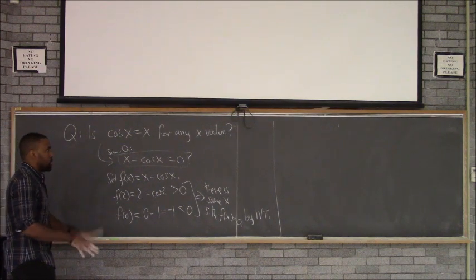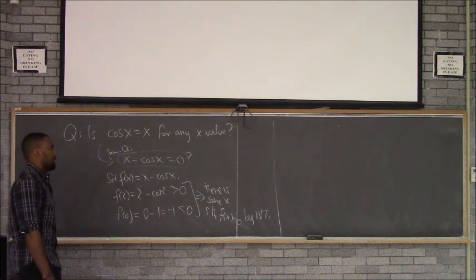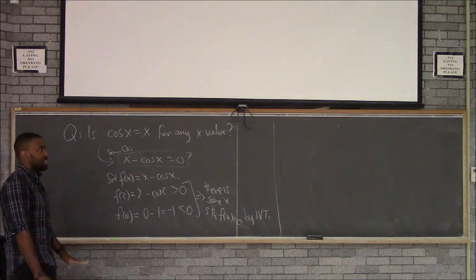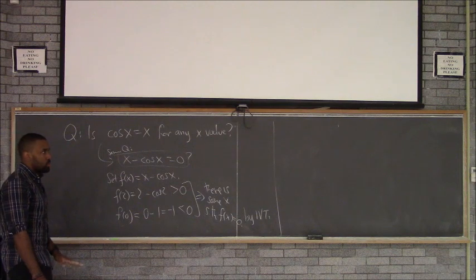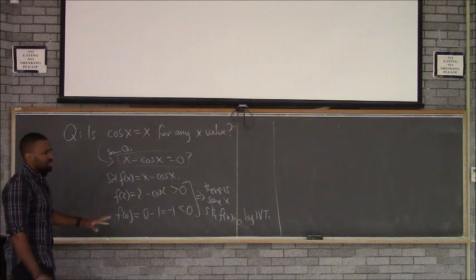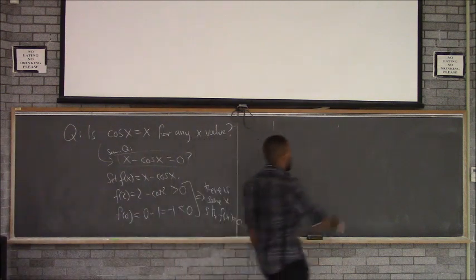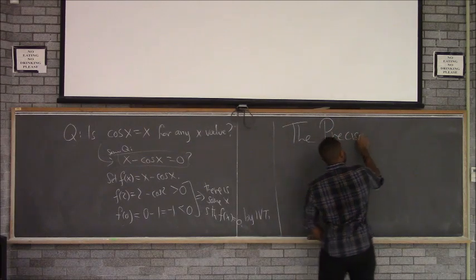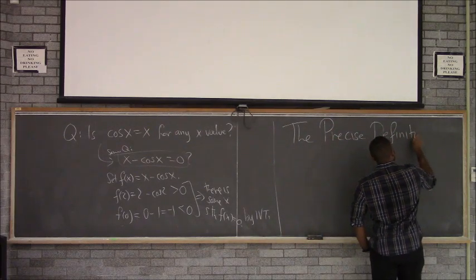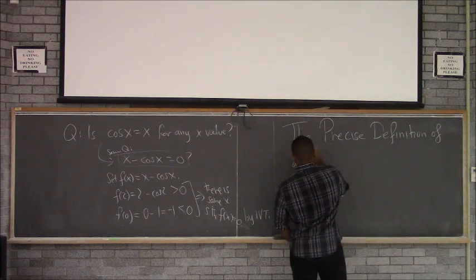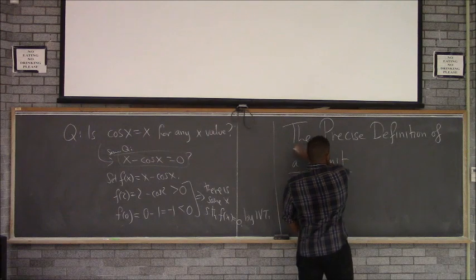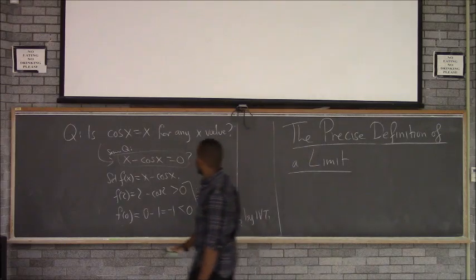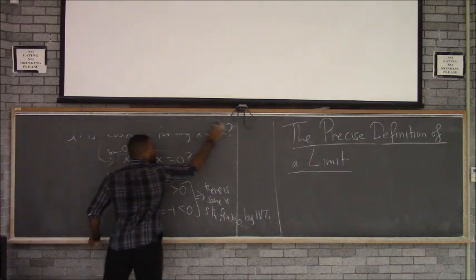Now the problems here to solve are kind of a little bit sketchy for the typical Type 1 student, but I'm going to try to make it as easy as possible and give you a template so you don't have to think too much. But it's going to involve you knowing how to prove something. Using the intermediate value theorem is kind of like that as well, but it's easier to follow. So we're going to talk about the precise definition of a limit. The last thing I want to talk about before we get into the actual calculus.